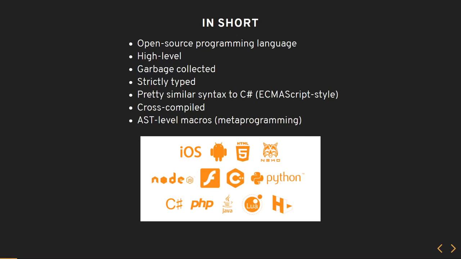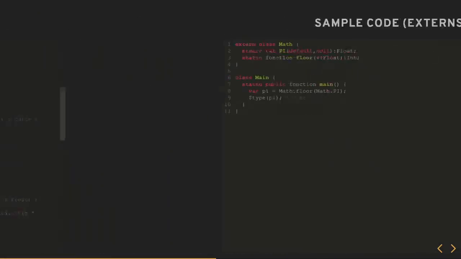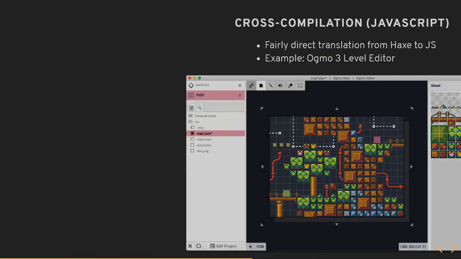And then if you're using C++, it'll use the C++ tools to generate the binary from the generated code. So it covers a lot of niches. It's mostly used for game dev, but for example, this is a program that runs on top of Node.js using Electron. So this is kind of web development.